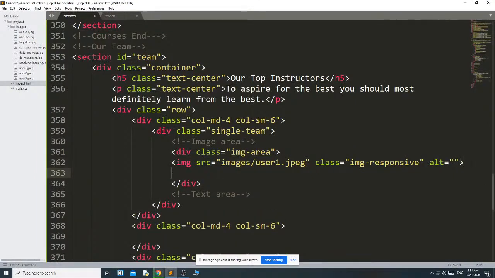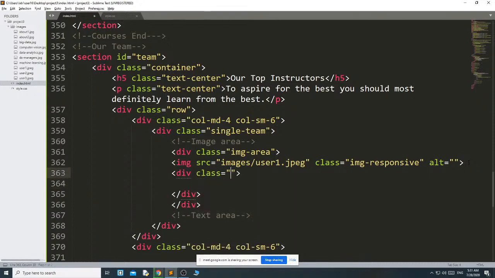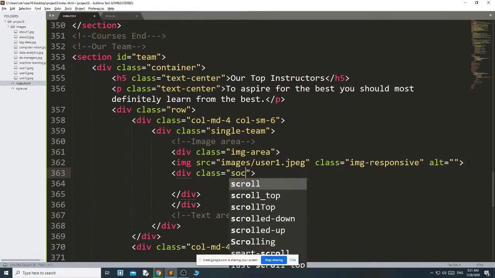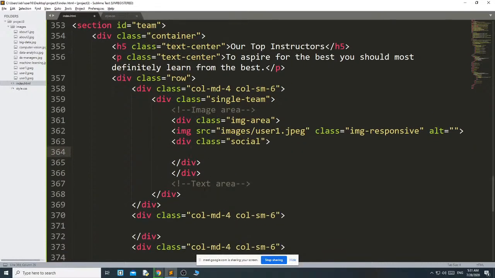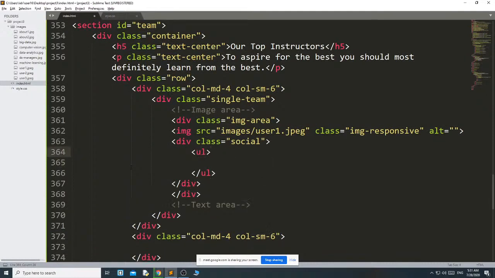inside that div create another div and give the class name as social, and in that we are going to add the social icons. For that, first I am using an unordered list with class list-inline. Inside this I am going to add the social icons.